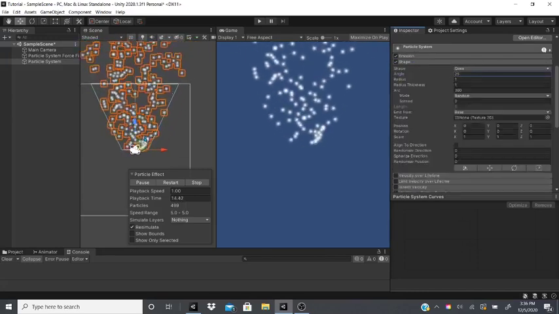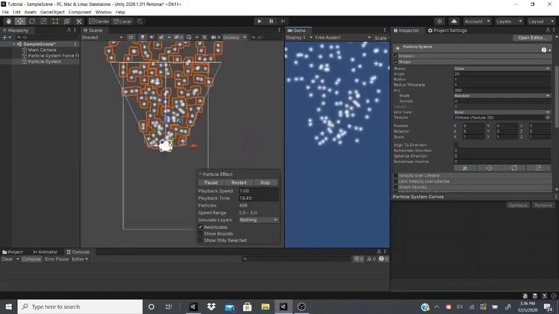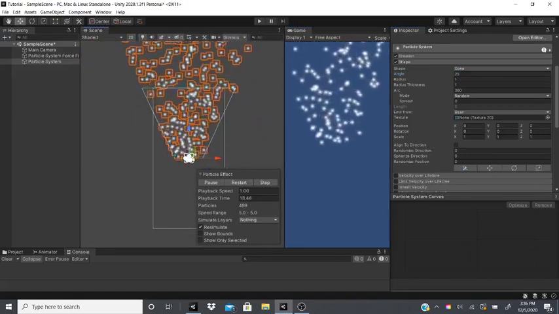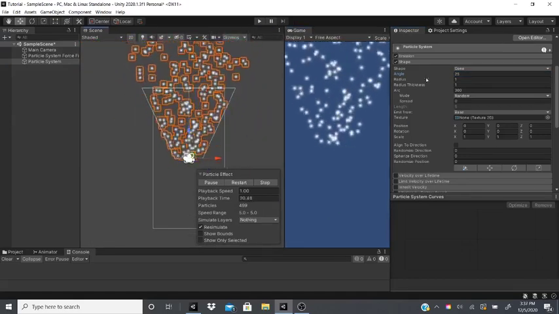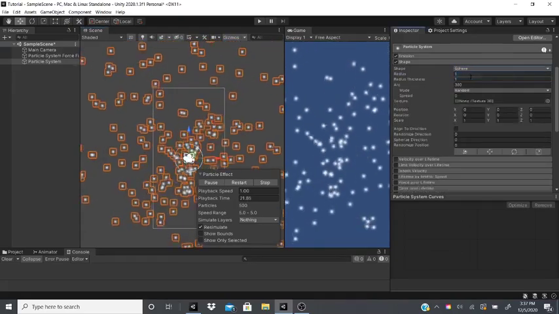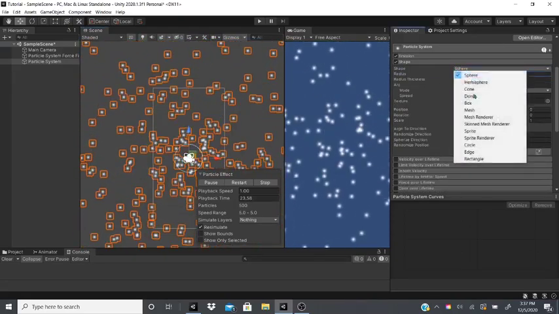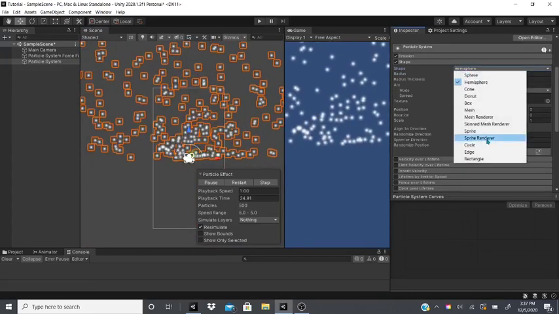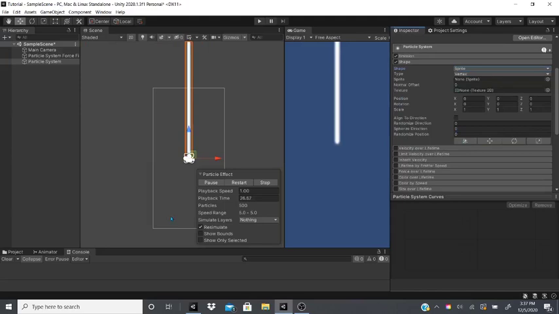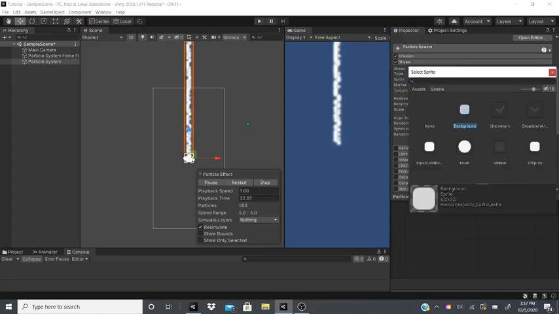Shape. If we look on our scene window, we can see this little cone shape. This would be the shape. You could change it to a sphere. You could change it to a hemisphere. Anything you want. Mesh or mesh renderer if you're in 3D mode. Skinned mesh renderer also. Sprite or sprite renderer in 2D mode. So if you click sprite, now it will take a sprite right here, and you could just add a certain sprite, and it will